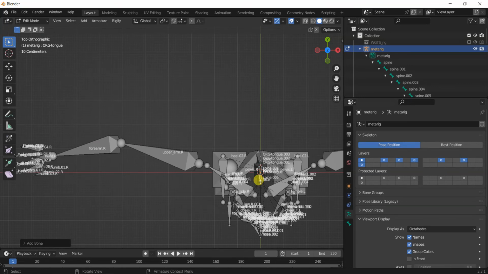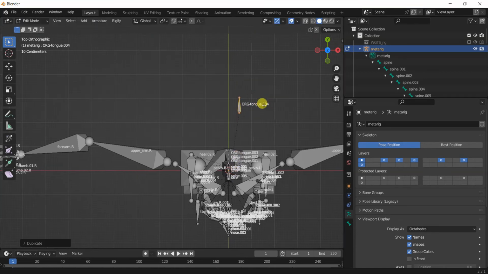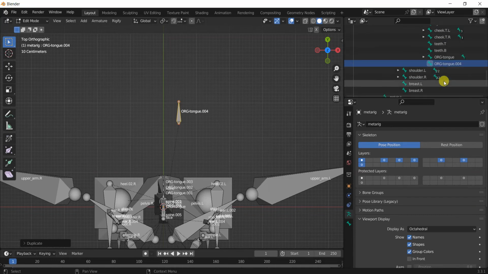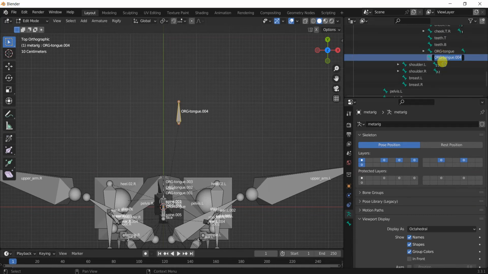Shift A again, Shift D to duplicate. Alright, this is the bone we need, org tongue 004. I'm gonna rename this to tongue. I'm gonna clear the parent, Alt P, clear parent,